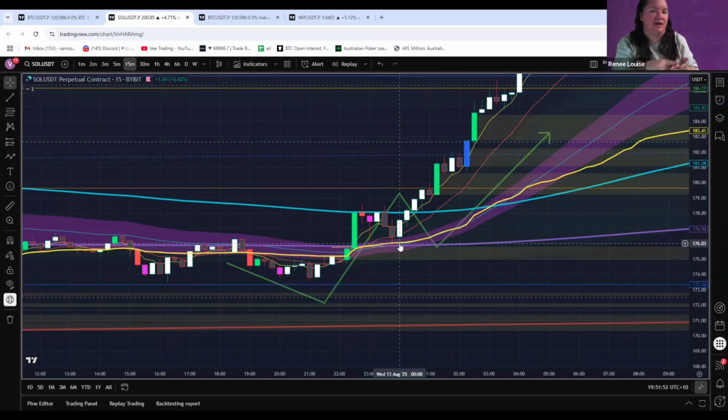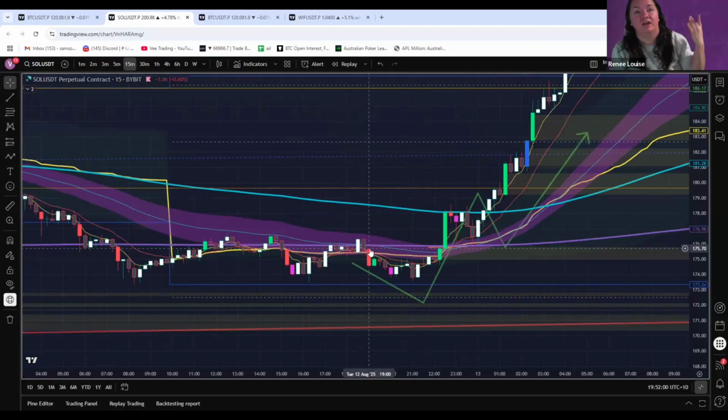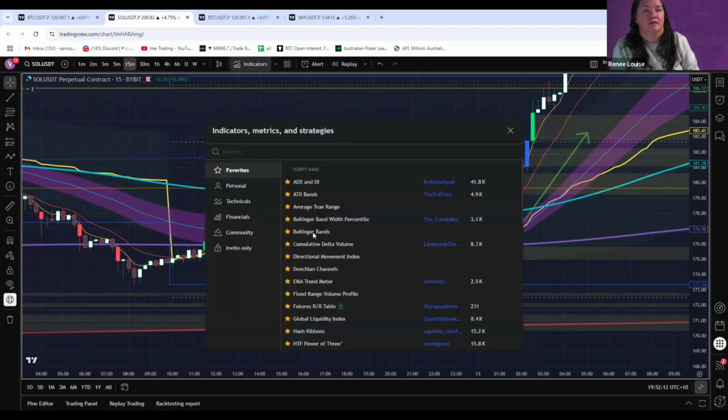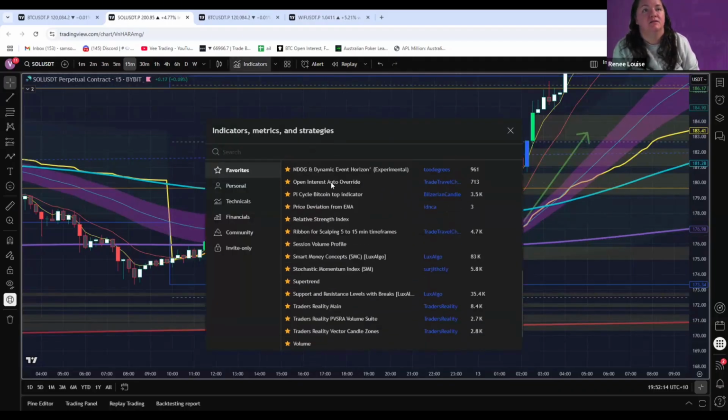Again, another massive level of confluence. When you see this move, if you didn't catch the earlier move, which you'd call an early entry point, this is a really, really strong secondary entry point if you didn't get those early entries. Next one is going to be,